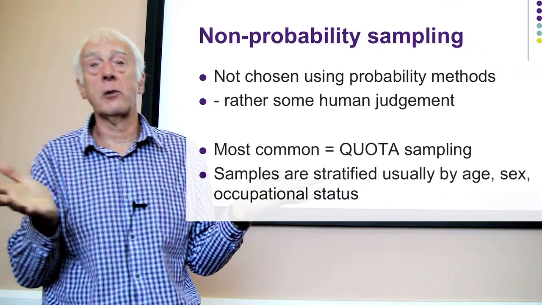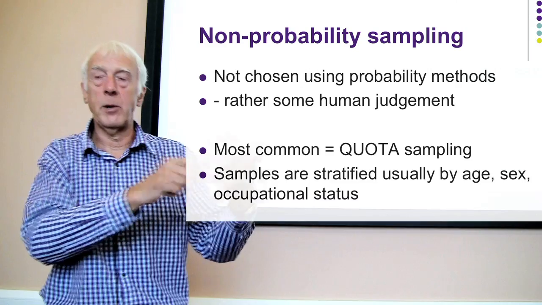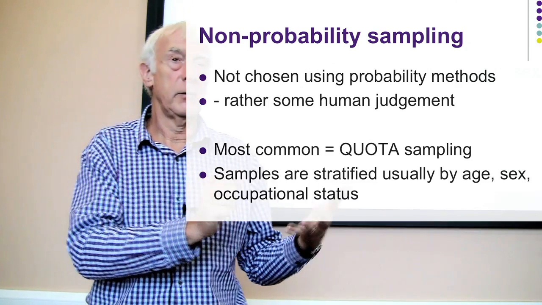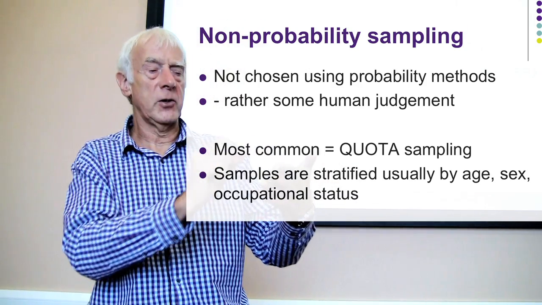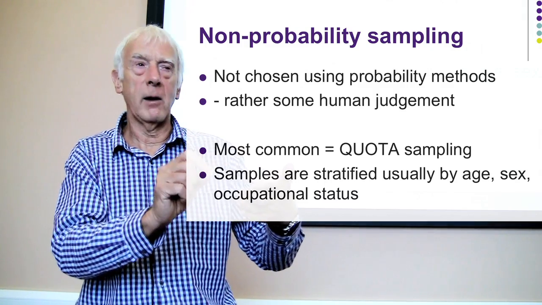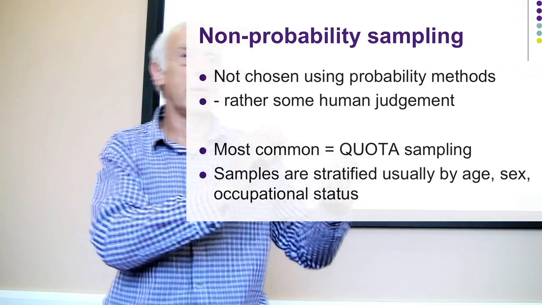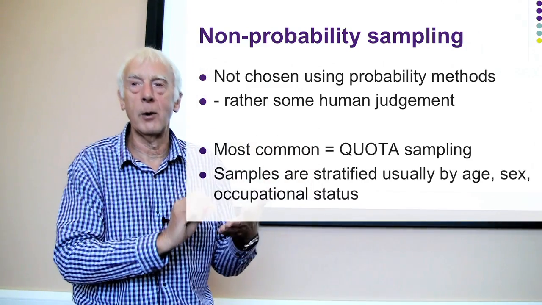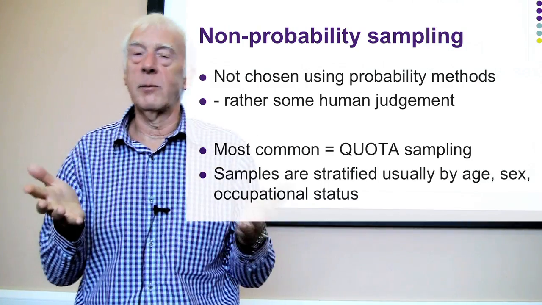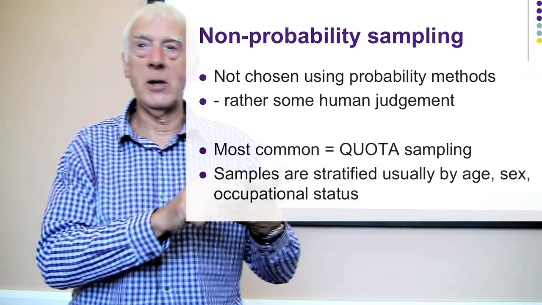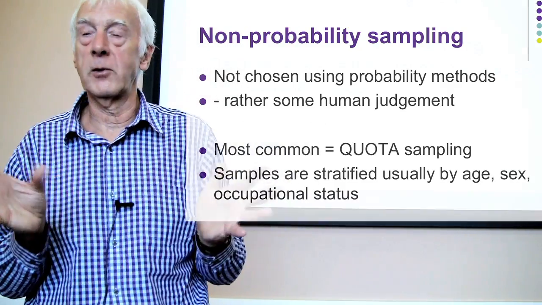And you often see this on the street, people doing opinion polls on the street, the survey people, will be ticking off, I need another person aged 30 who's male, looking around for a 30 to 35-year-old male to fill their quota. If you don't fill the quota, then once you ask them their age and check that, if it doesn't come into the quota, you should just simply go on to the next person, ignore them.